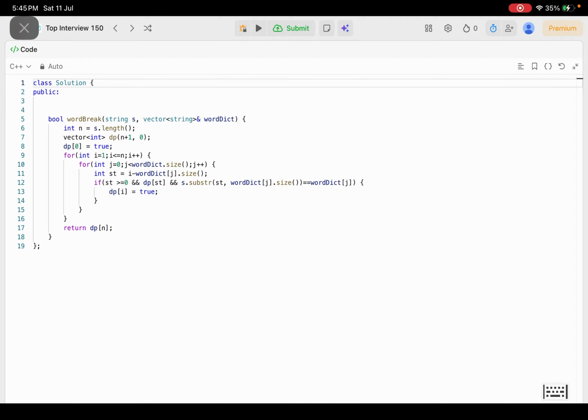I just don't want to build words where half of the word exists and half doesn't exist. I want to construct a full word. So that's why this condition of dp of st: the starting point should be a possible word break, and the other half I'm building. So here, whatever the starting point, with the word dict size of the current word that I'm trying to match,